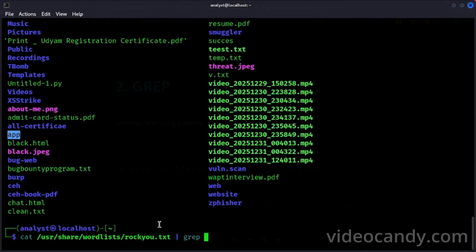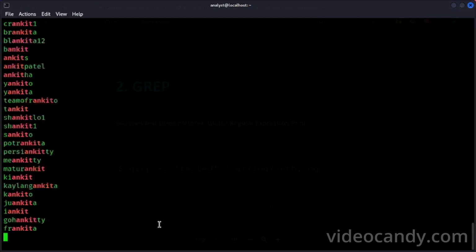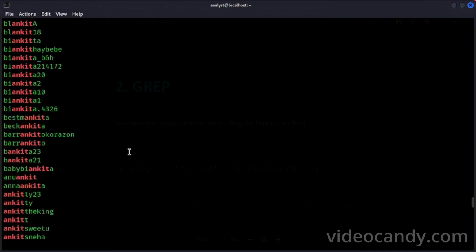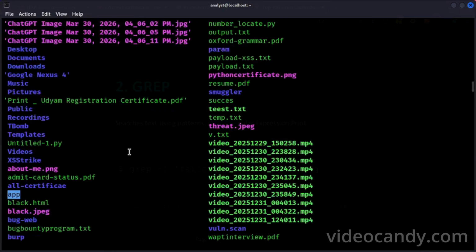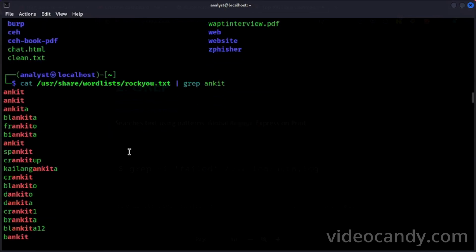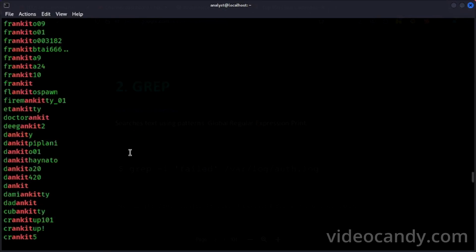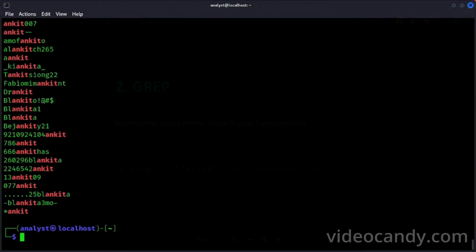I want to know if the name Ankit is in this file or not, so I write Ankit. Then the lines which match the name Ankit are showing.